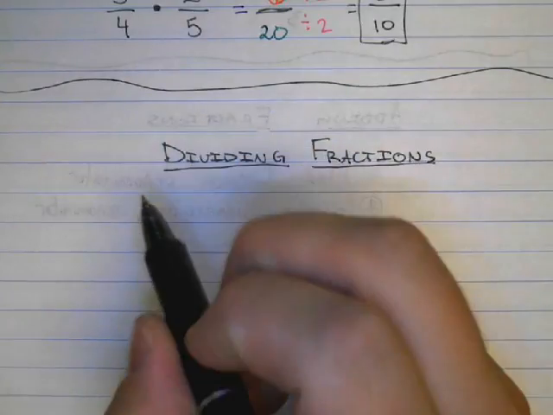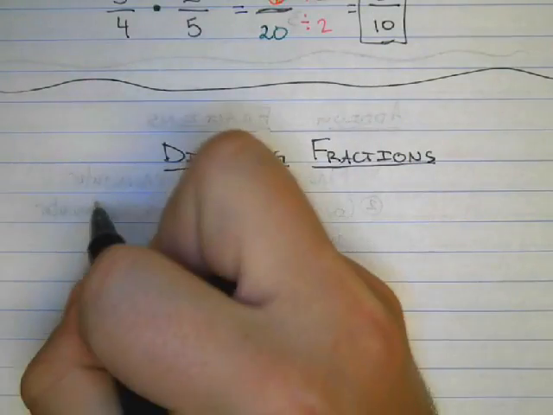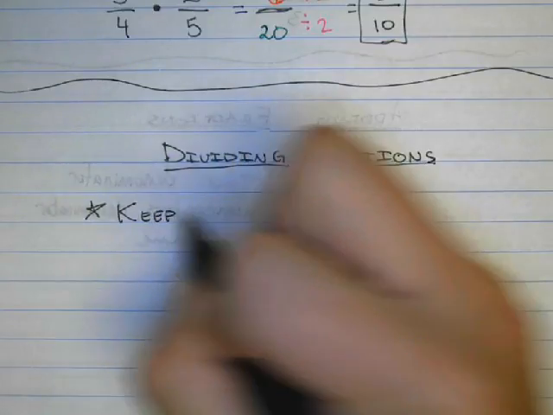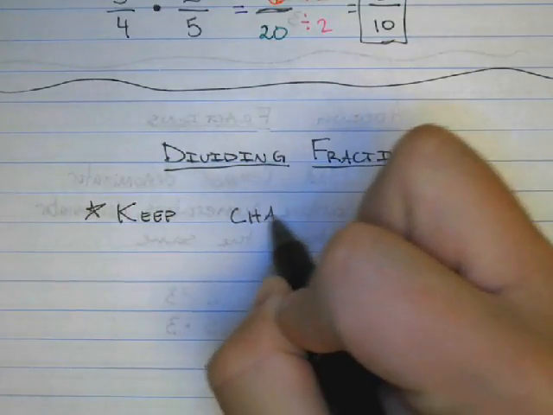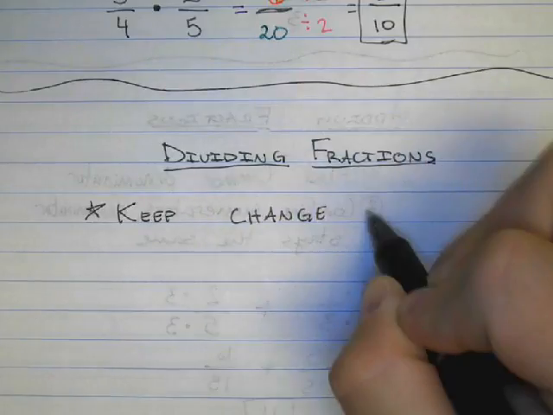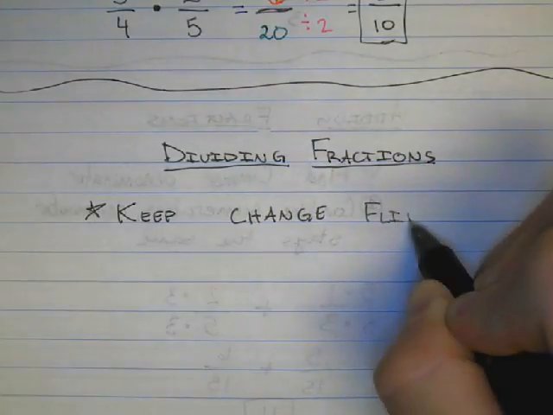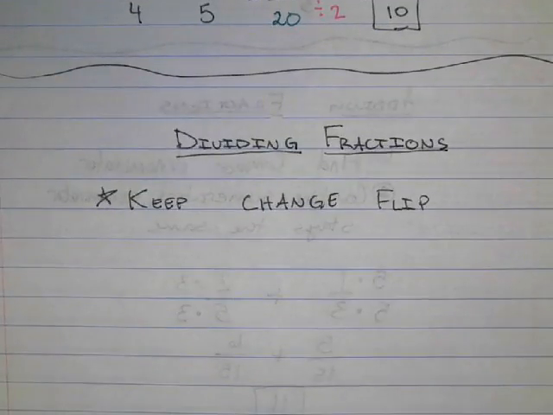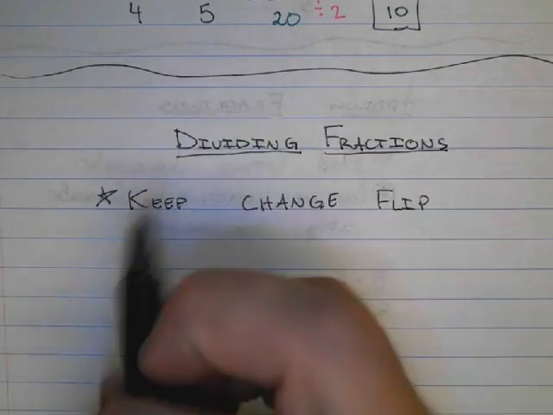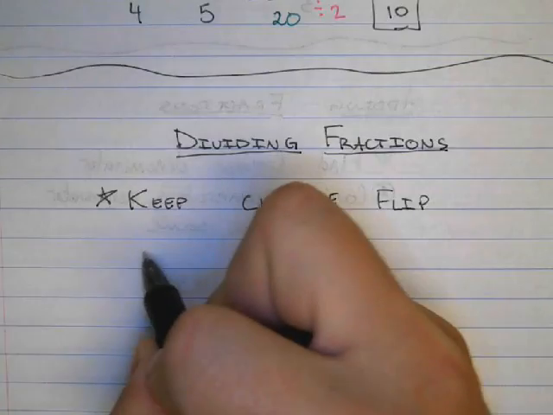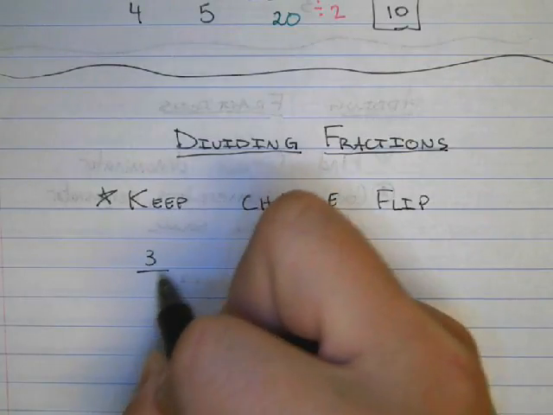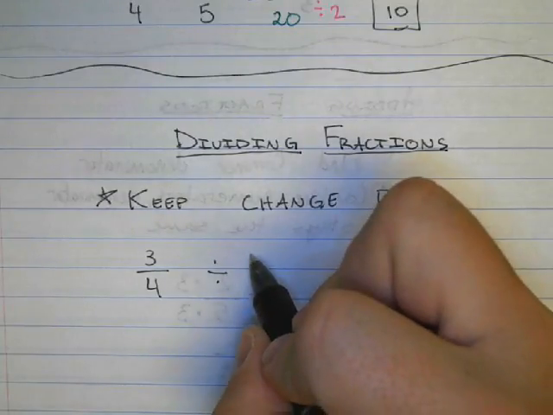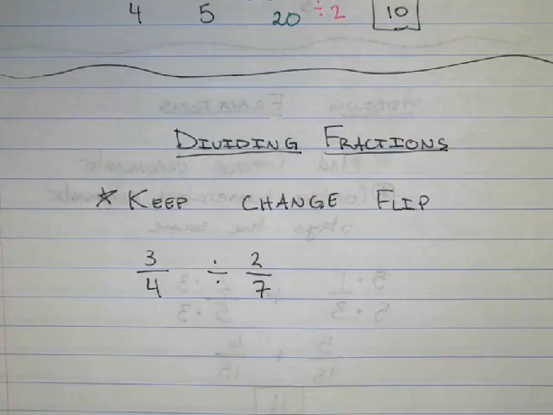So we have this saying, we call it keep, change, and flip. Let's say I'm dividing two fractions. If I have 3/4 divided by 2/7,